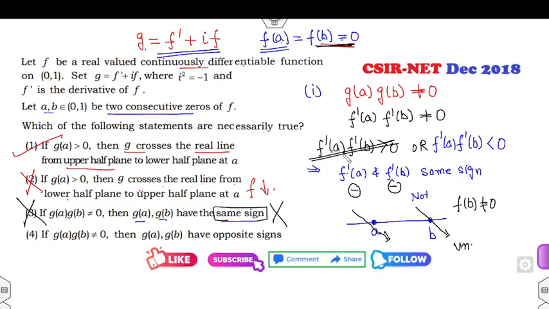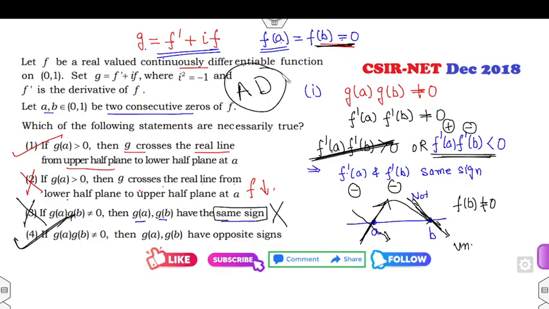So if this is not possible, that means this happens only if one of them is positive and the other is negative. You can see if this is increasing, at this point it's decreasing, then only it will converge to 0. So the right answers of this problem are A and D, because